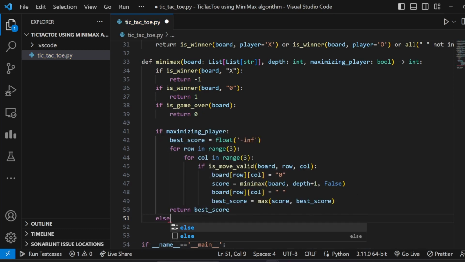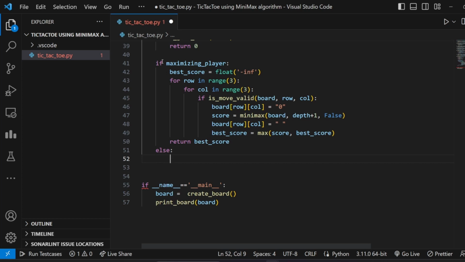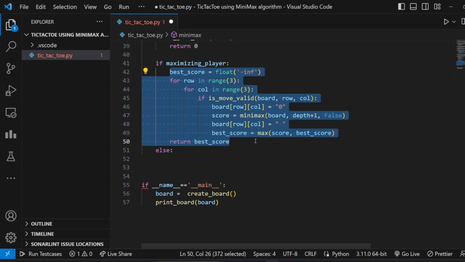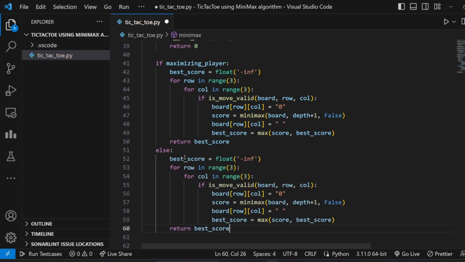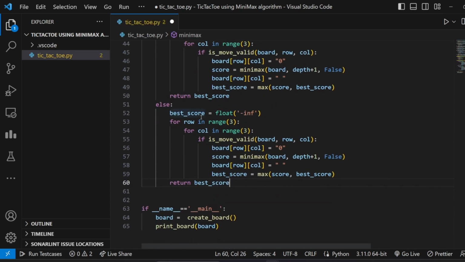And in the same way, we will check it for the minimizing player, and the logic will be almost the same, just with a few differences. So I'll just copy paste this. This is for creating the alternating turn behavior. In the first turn the player will be X, the second turn the player will be O. For creating that kind of environment, we are doing this. And here the best score will be plus infinity, and it will be almost the same, but here it should be X, and then